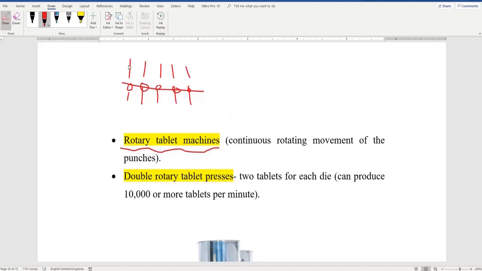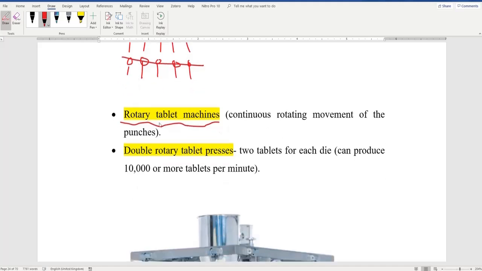Here we have both punches for the rotary tablet machine: the upper punch descends and the lower punch ascends to do the compression step. Then the upper punch goes up, the lower punch ejects the tablet to the surface, and then the tablets get removed. These rotary tablet machines are able to produce so many tablets every hour, and there is even faster